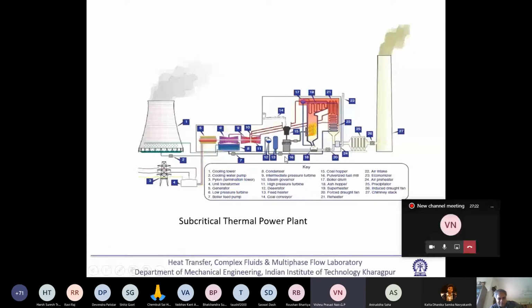And in the diagram, the feed water heater is being connected to the condenser, I think, through 7. Just a minute. No, that is there, because the condensate, this is not wrong. This is the usual line diagram. The condensate to boiler, there is a water pipeline. In between your feed water heater comes.